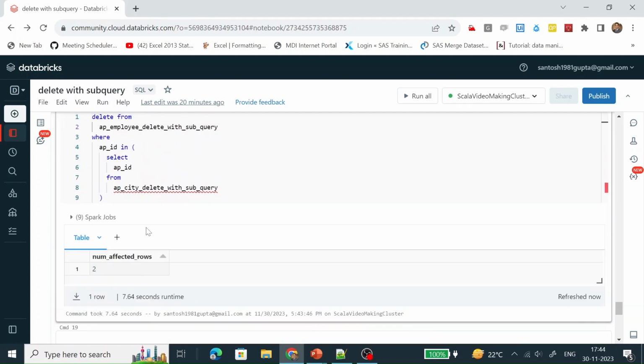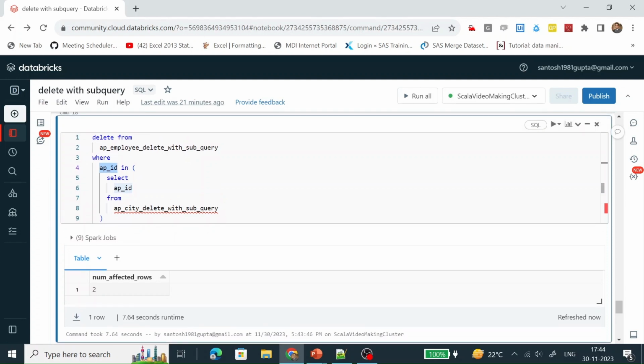Because APID 101 and APID 102 are present in this subquery. This subquery result is supplied to the APID IN statement, and those APIDs have been deleted from this table. So we have seen different approaches in this video: how can we delete data from a particular table with the help of a subquery? Let's go to the PPT.